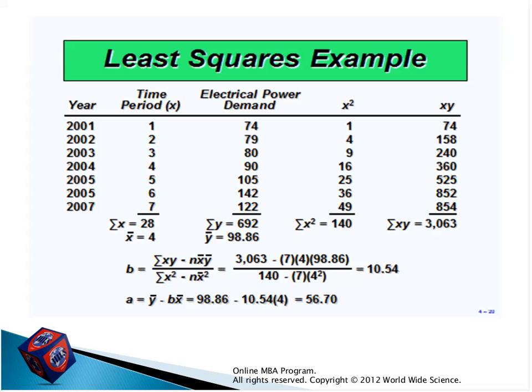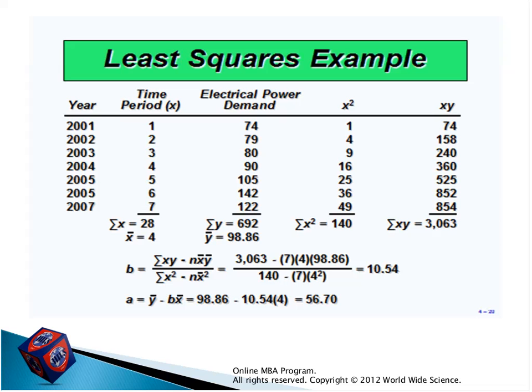Now in this example, for better understanding, imagine the company has used the last 7 years to forecast the future. It wants to forecast 2008, 2009. So it wants to use the trend method. It wants to calculate the linear equation, and by use of this linear equation, they want to forecast the future.